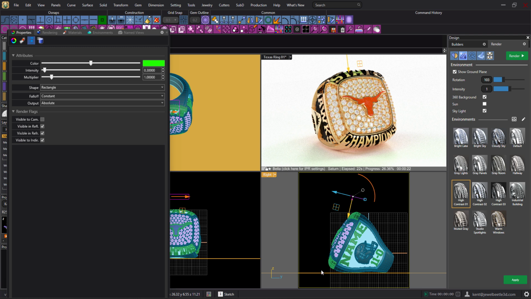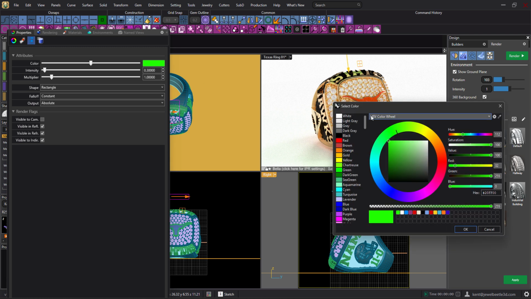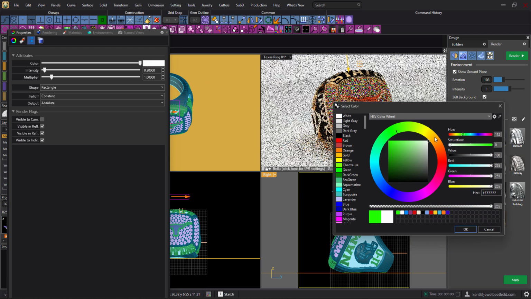You'd put it kind of down here facing up, and that would be perpendicular to that surface. And so now you can see that we have lit up